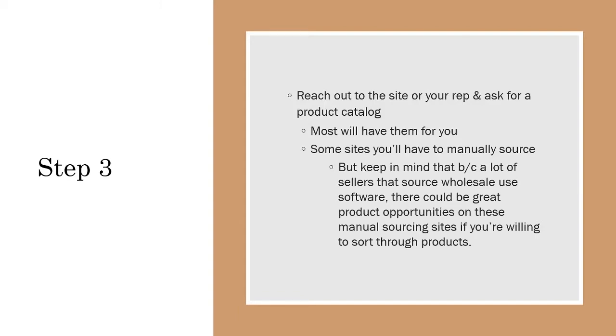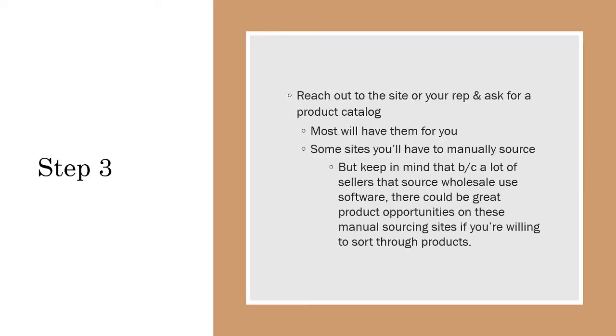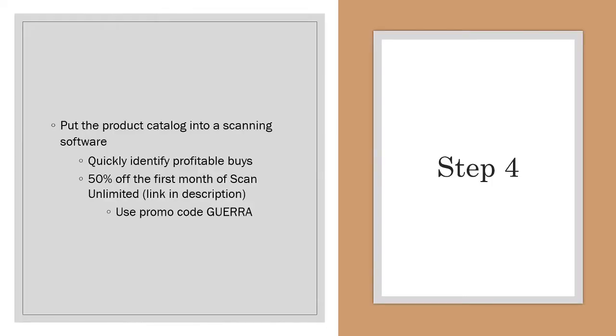I know obviously the benefits of sourcing through software and saving time are understated, but every once in a while I do source manually on sites like that when I have some time, and I do find great products that you can buy because a lot of people aren't doing that, okay? So step 4 then